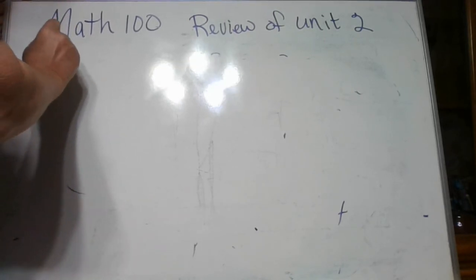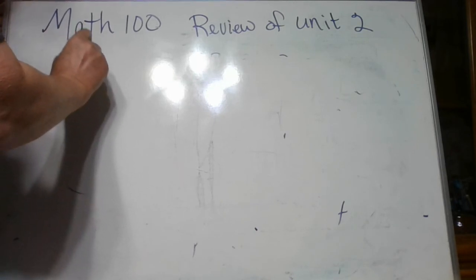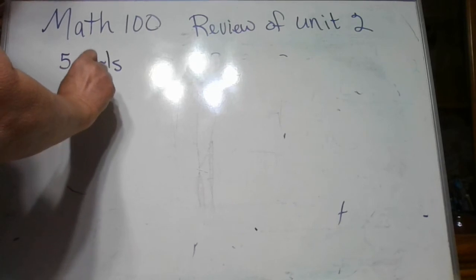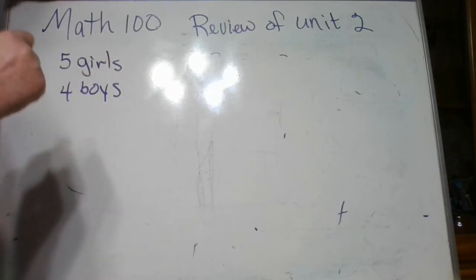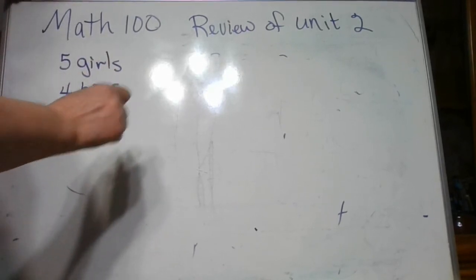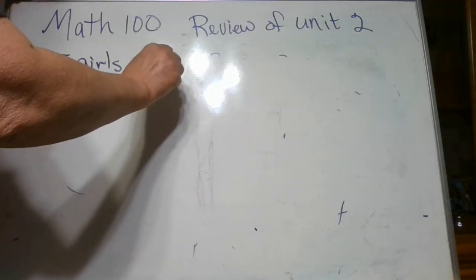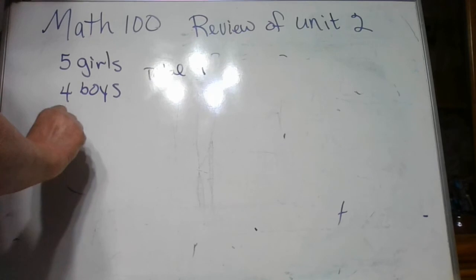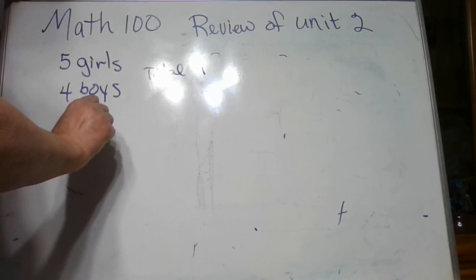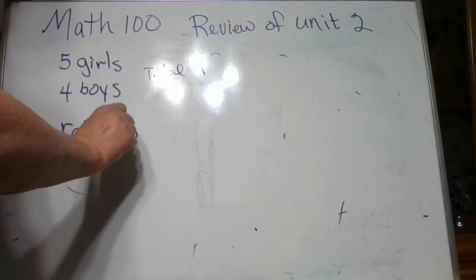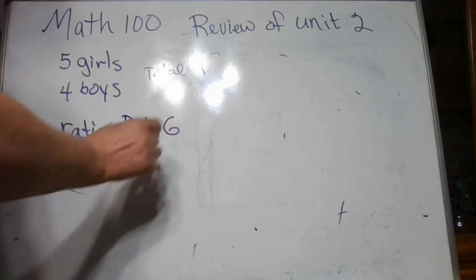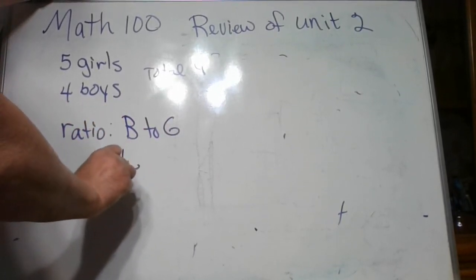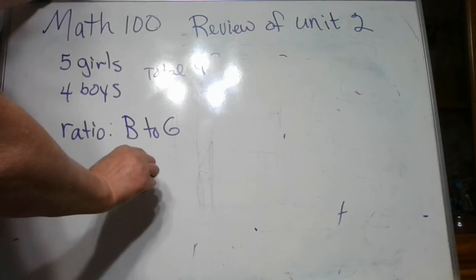Like if there is 5 girls and 4 boys in a class, the total would be 9. If I want the ratio of boys to girls, then it's going to be 4/5,